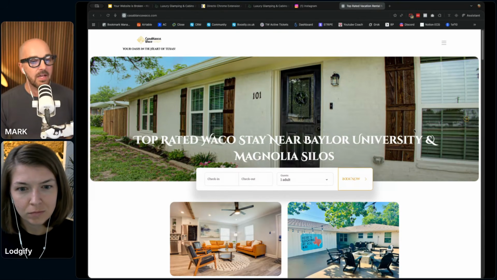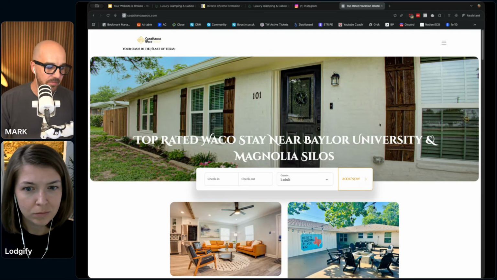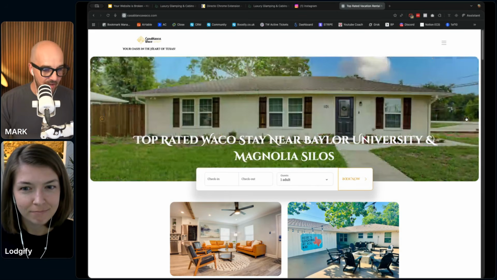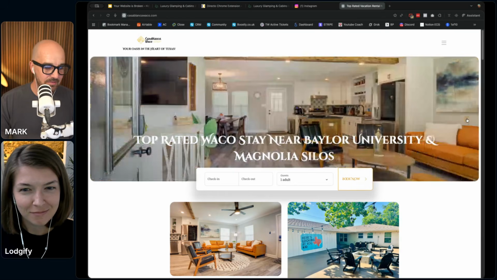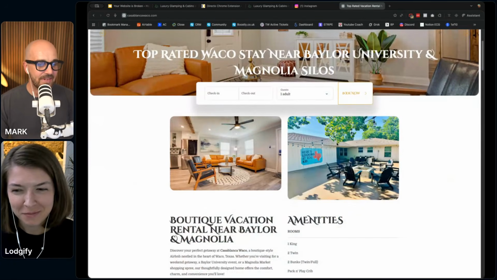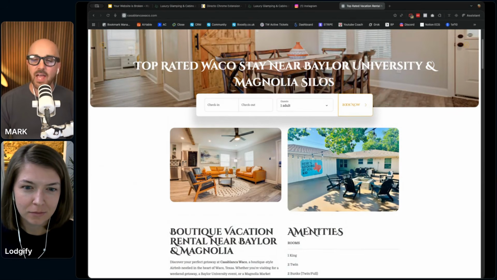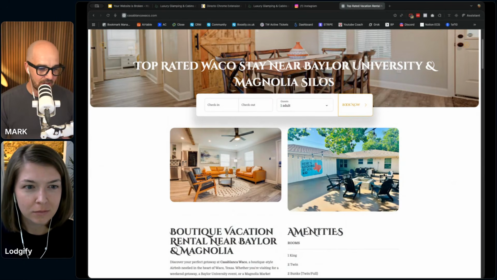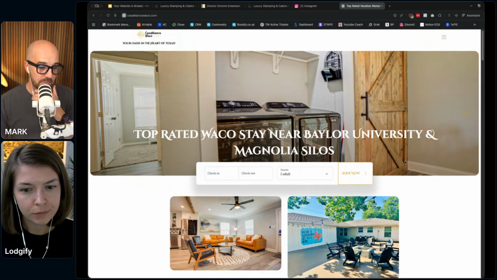Going back to the pictures, it is so important that the first thing that you show off here is your top pictures, right? That is not your top picture. If we're being brutally honest here, that is not your top picture. Maybe not. These to me are your top pictures, where it shows the outside, it shows lots of chairs, it shows community, it shows that you sleep a lot of people. These to me are not the ones. So be really crystal clear on the first pictures that you show your future potential guest.